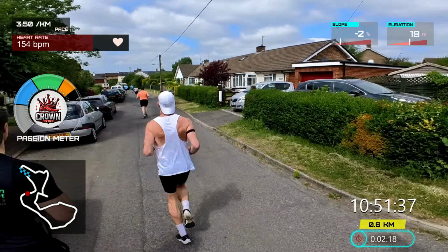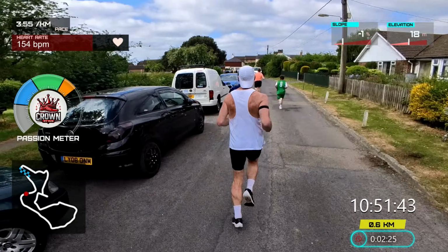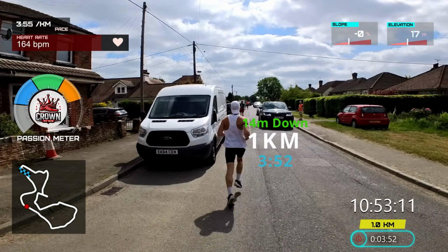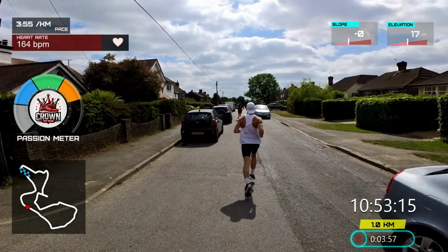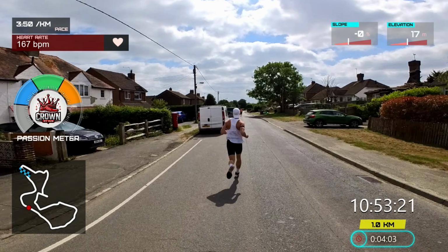D Mills! 500 metres in now. White Vest going past Hailsham Top there. Will D Mills follow suit? It looks like he will, as we are still gradually coming downhill, 18 metres above sea level now. There we have our first kilometre at 3:52, so 3 seconds ahead of what he was doing last week for the average pace. But we have to remember that was 14 metres downhill, so actually fairly conservative opening kilometre, I would say,